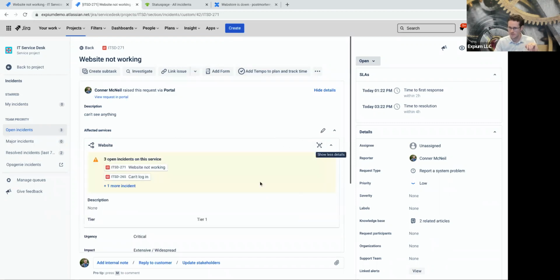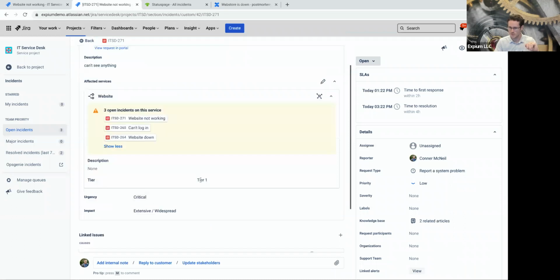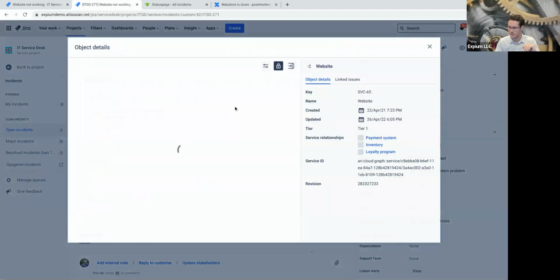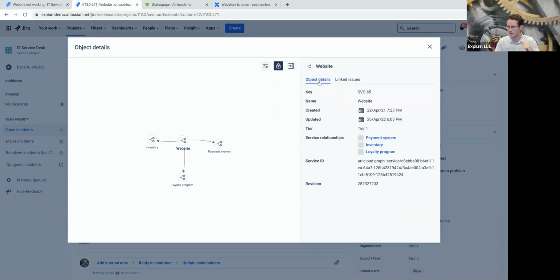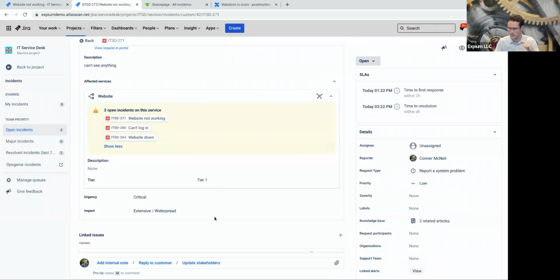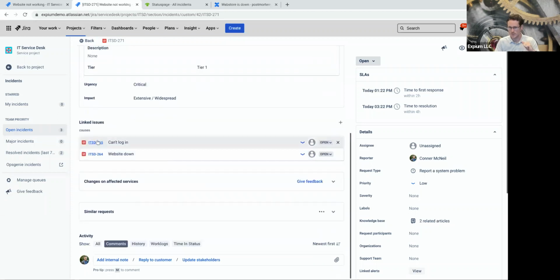We can expand this and we can see those incidents here. And then we can also see, this is a tier 1 service. This is a big deal for the website to be down. And just like the asset management demo earlier, we can pop open this full service details button and see a little bit more information. We can see the service relationships that the website relates to, and we can check and see if there's problems with any one of those. And we can see all of the linked issues that may be linked to the website currently, which we don't have any. And so here, if you scroll down, we can see our linked issues we talked about. We linked these 2 under the